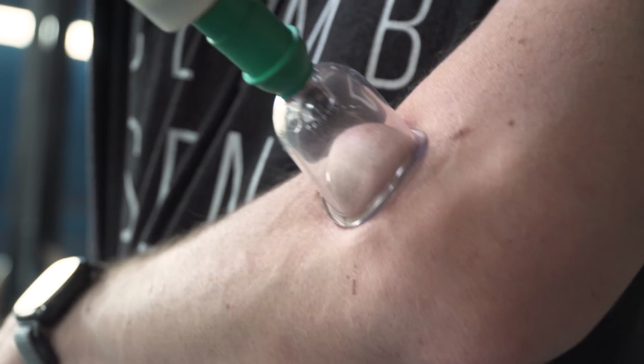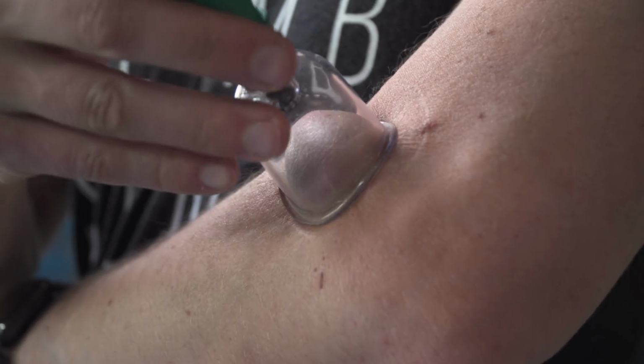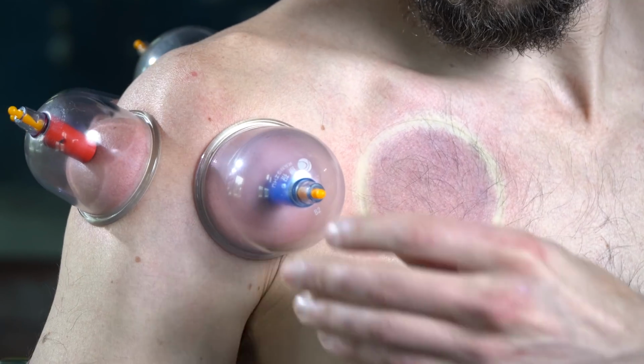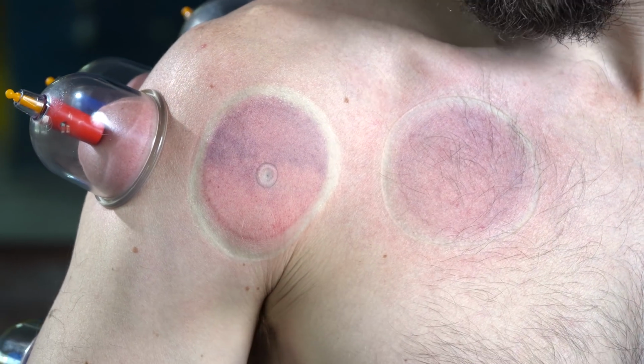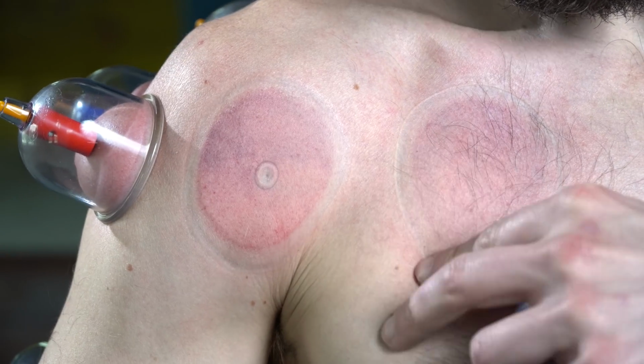Static MFD is perhaps the most commonly practiced, and also really the most well-known by the lay person. It involves placing a cup in one position and leaving it there for the duration of the treatment. This is effective in creating separation of tissue at that one location. This typically creates more of that bruise-like discoloration due to the constant static pull in one spot, which pulls more